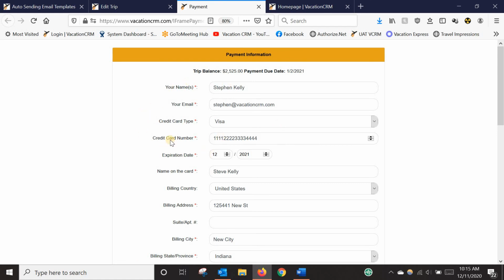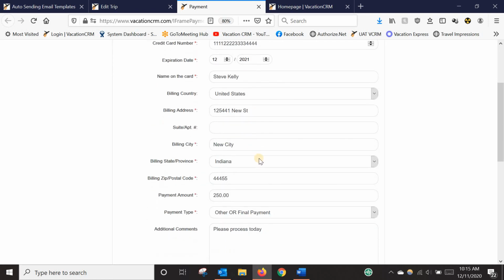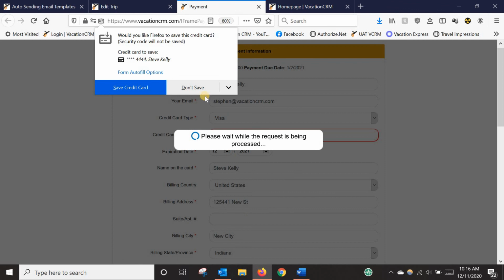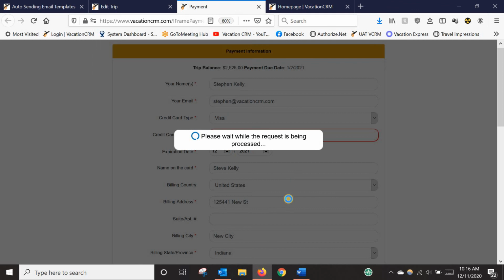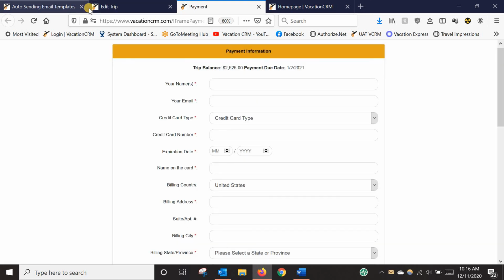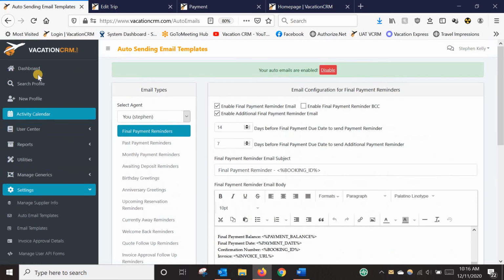And there's also no spot for them to put in a confirmation number because, again, this form is already tied to their booking in the system. So they can fill it out with whatever credit card info they want, and they sign, and then they submit that. And now that has been submitted. And now if I go to my dashboard,